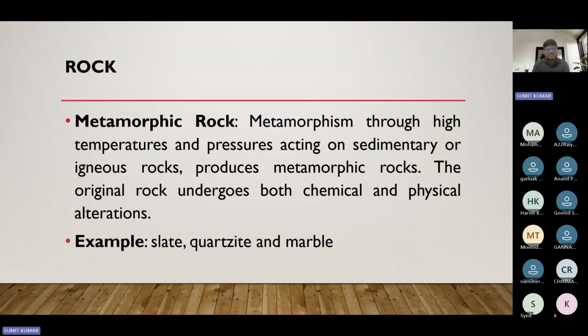The property of the parent rock is not the same for the formed metamorphic rock. Over here also the examples are slate, quartzite, and marble, as you must be aware. Slate is also one of the